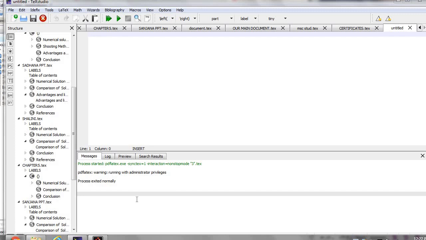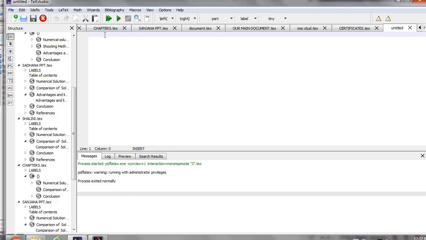Hello students, welcome back. Our next topic in LaTeX and Beamer is including any figure or any graph. So we'll see a command for how we can include any graph or any figure in LaTeX. It's very important from your project point of view also, because you need to include the university logos or any graphs which you have done in your problems. So we shall now see the code for how we'll do it.